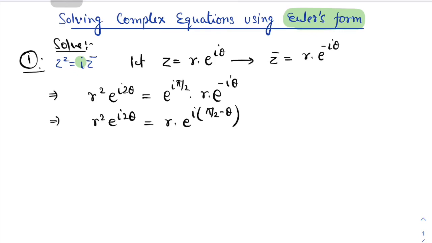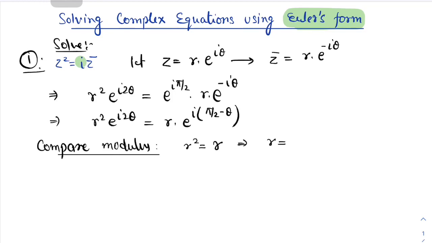Okay, now we are going to compare the modulus. If I have two complex numbers, left hand side and right hand side, and both are equal, then their modulus must be equal. So comparing modulus, we get r square is equal to r, that is r is equal to either 0 or 1. Okay, now comparing amplitude,